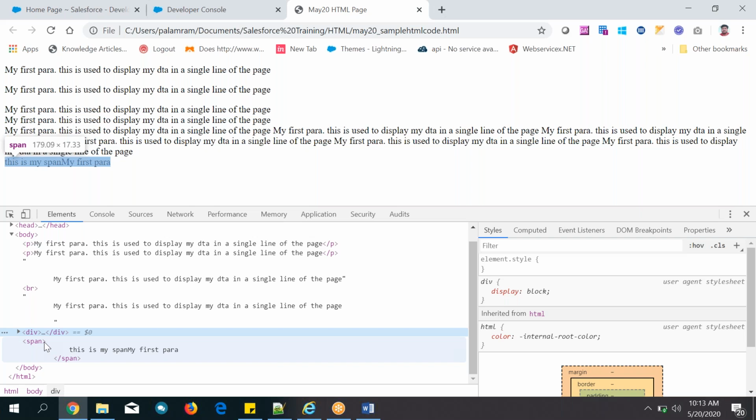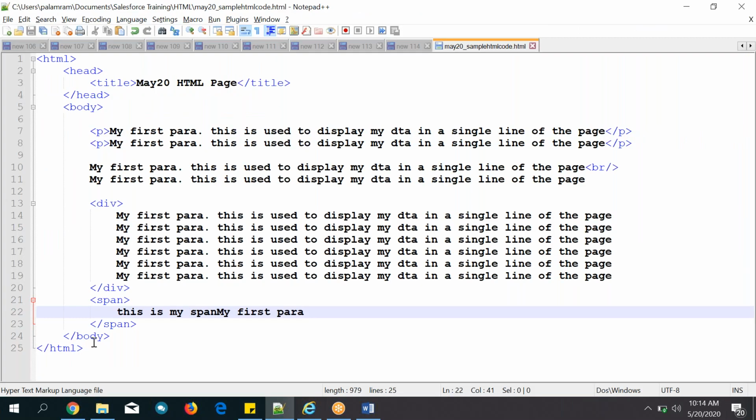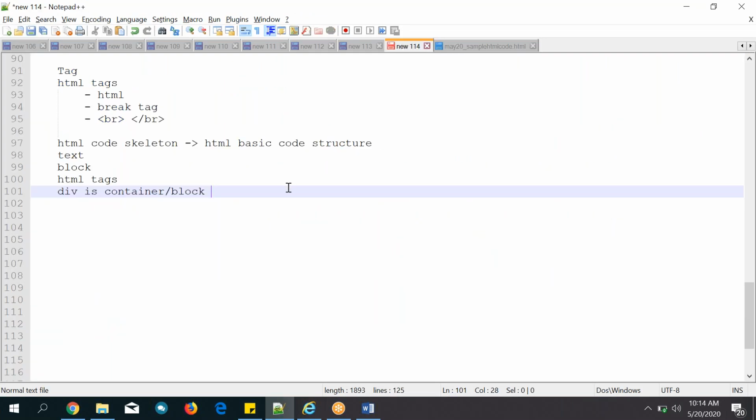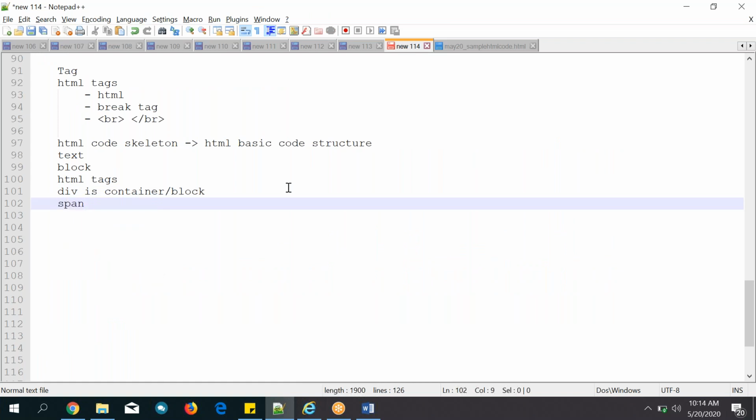So that means the span takes however much text you have added, how many lines, how many characters you have added. Till that one only it will occupy that space in the document. So that is called span. It is an inline block.